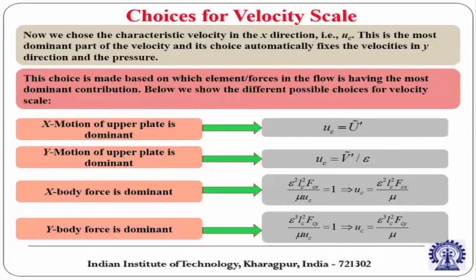If the x motion of the upper plate is dominating, then the velocity scale is nothing but the velocity of the top plate. If the y motion of the upper plate is dominating, then the dominant velocity scale along y is your v tilde, and the dominant scale along x is that divided by epsilon, because Vc by Uc is epsilon. If the x body force is dominant,